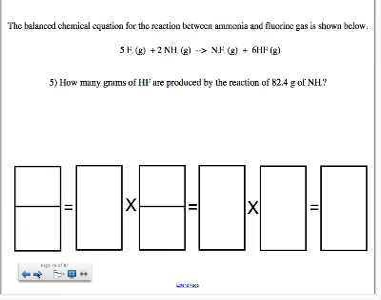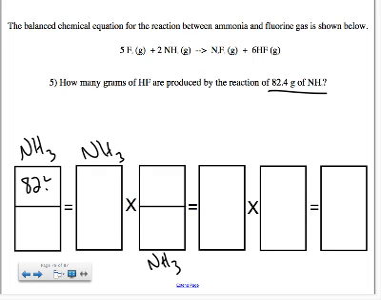Okay, same equation. How many grams of hydrofluoric acid or hydrogen fluoride are produced by the reaction of 82.4 grams of ammonia? So our known is ammonia. That's what we're given. And that goes down here. And we're starting with 82.4 grams. And we just said that the molar mass was 17. So I'm going to put that on the bottom. And we're going to do 82.4 divided by 17. And we get